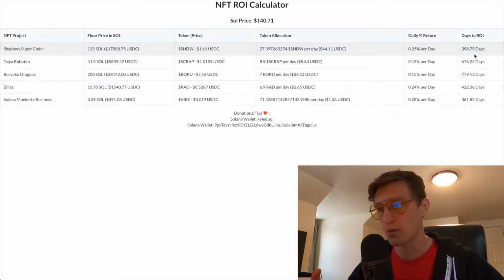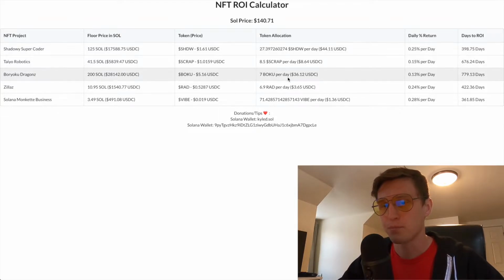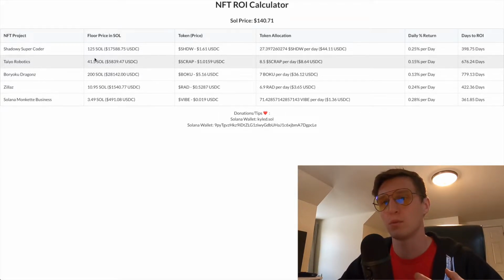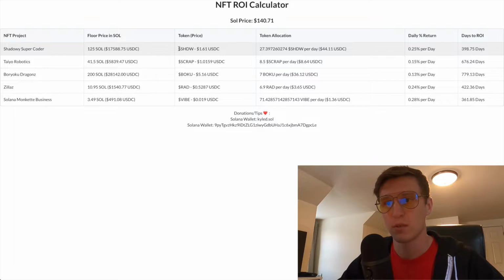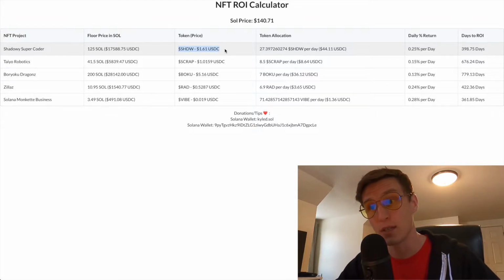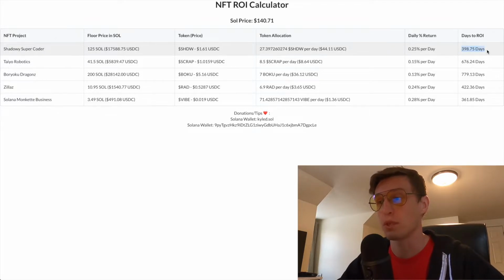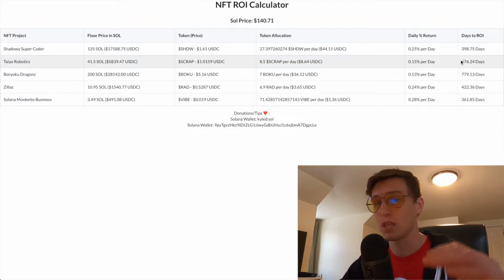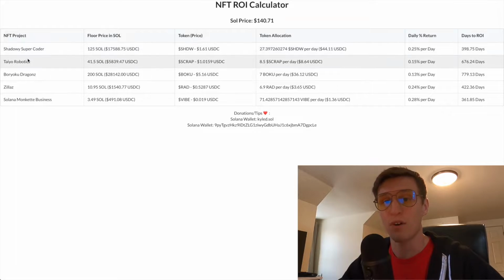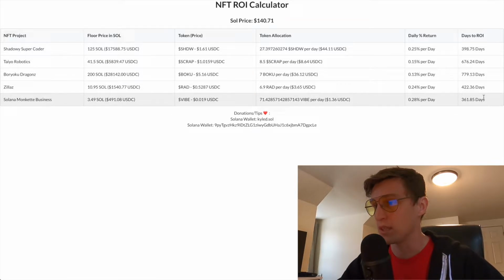So I like this as a quick way to look at what is the floor price of an NFT, what is the current token price for that NFT, and if it stays at those numbers, how long will it take for me to recoup my investment? So based on all of these things, right now looking at these 5 projects,